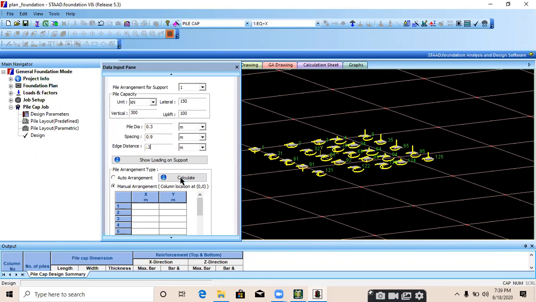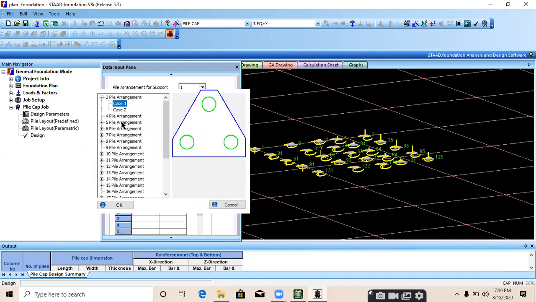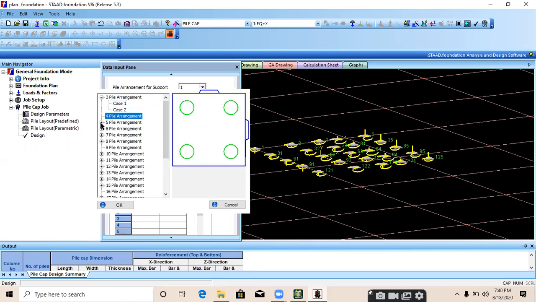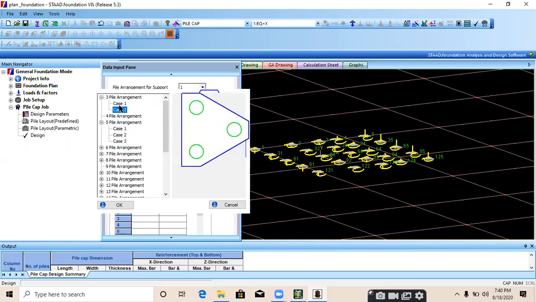For the pile arrangement, just go to calculate over here and you can select the pile arrangement: 3 piles, 4 piles, 5 piles, whichever you want to provide. Suppose I am selecting 3 as a minimum.